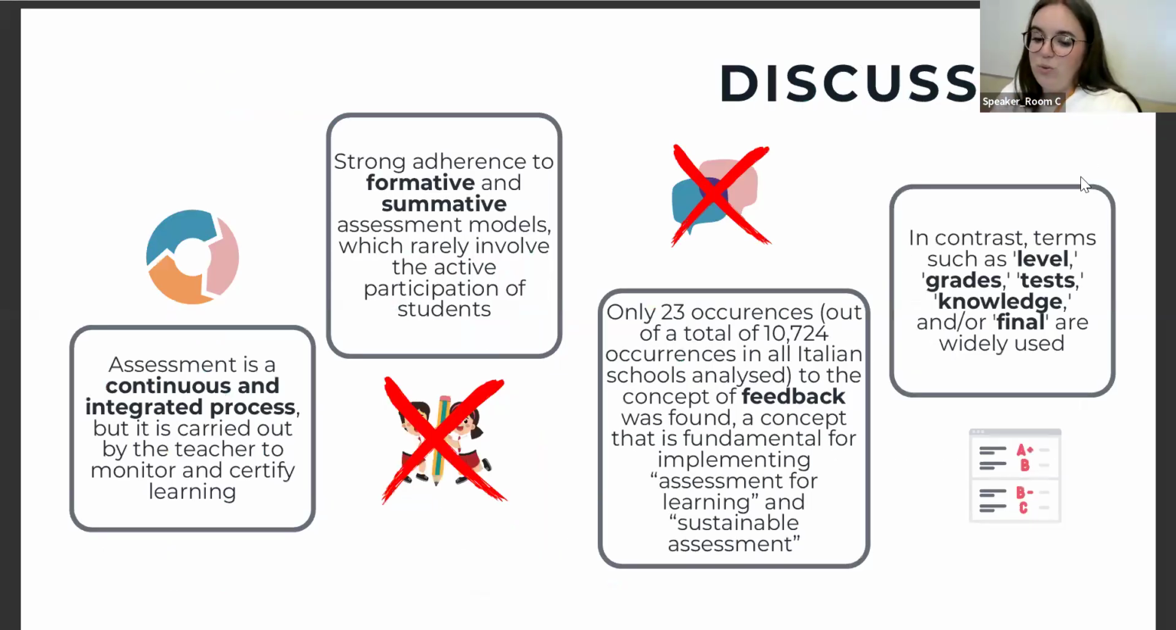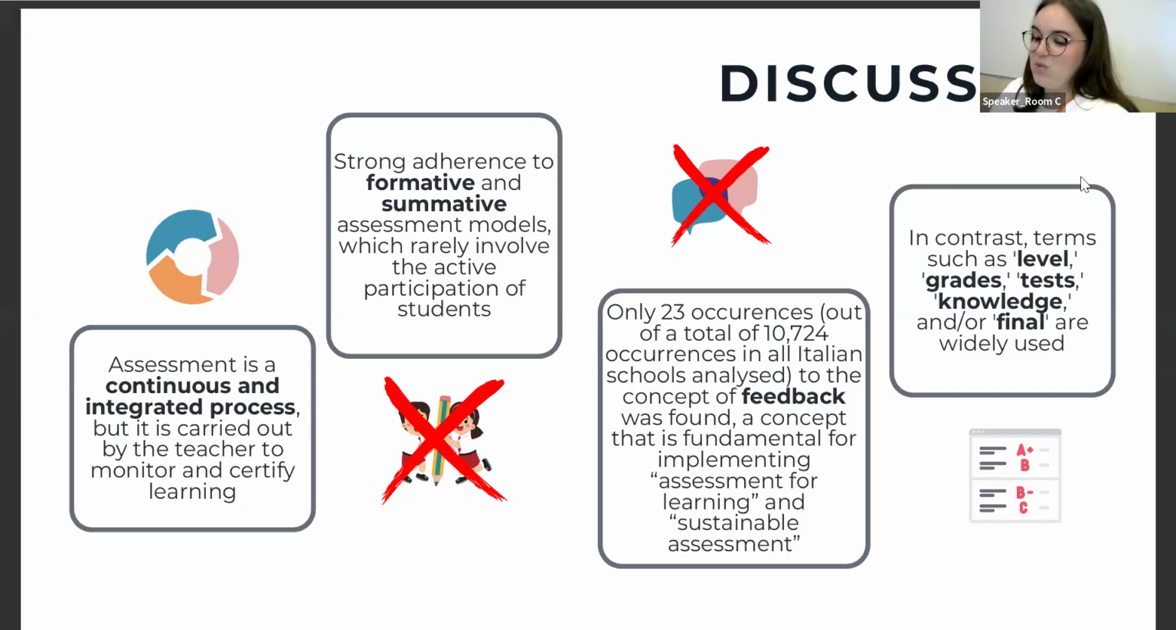So in conclusion, we can say that assessment is described as a continuous and integrated process, but it's carried out only by the teachers to monitor and certify the learning. We have a strong adherence to the formative and summative assessment models, which do not really involve the active participation of students. And we have in total